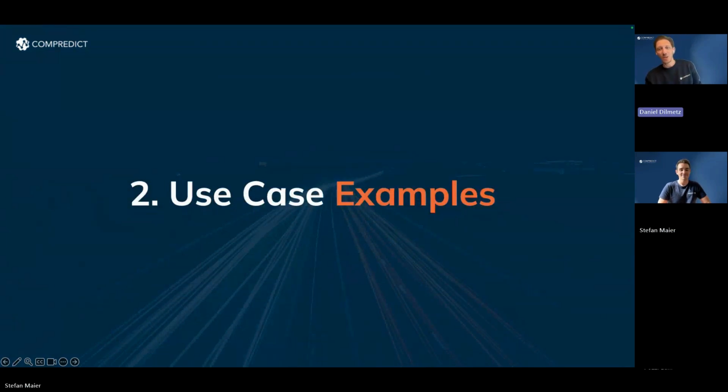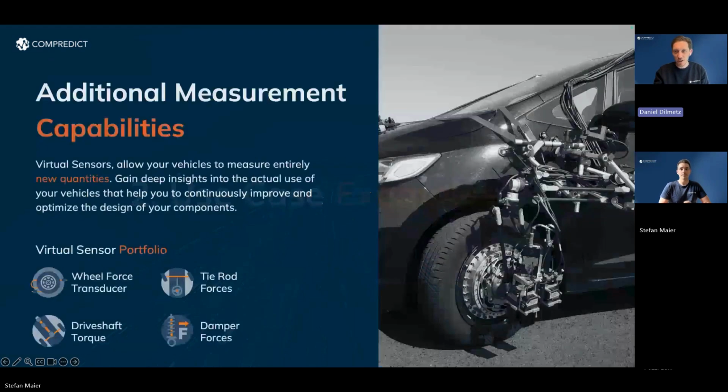All right, so let's get into the actual topic of today. In today's webinar, we would like to give you an idea on the virtual sensor implementation with one of our three major application areas, the addition of measurement capabilities. The idea of this application of virtual sensors is to virtualize equipment that is usually used in R&D procedures of OEMs or tier ones for situations like component dimensioning, vehicle durability analysis, or vehicle